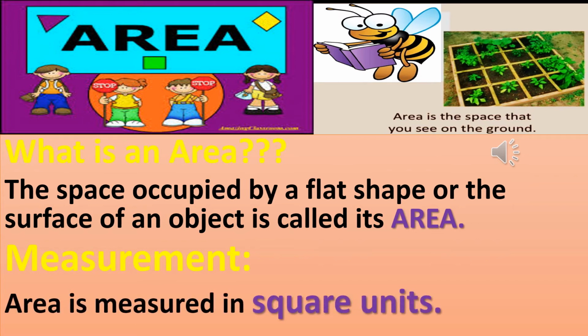So after finishing revision 2 and 3, we will start revision 4. Before starting revision 4, what is revision 4 about? It's about square units. So what are square units? Before square units, we will learn, as I told you before in our previous videos, what is an area? What's area? It's the space which is occupied by the shape of an object. Any object will occupy a space.